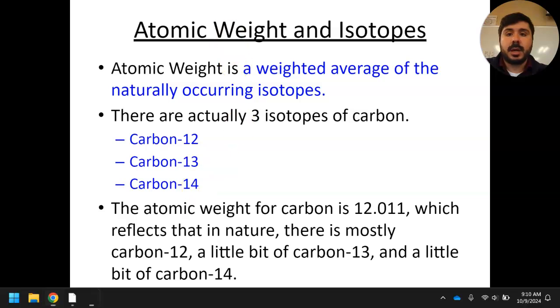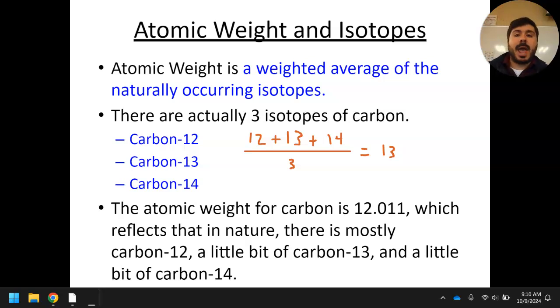12, 13, and 14, it looks something like this. You would take 12 plus 13 plus 14, and you would divide it by the numbers that you have. I've got 1, 2, 3 numbers, so divided by 3, and this would end up equaling 13. So the average of carbon-12, carbon-13, and carbon-14, with mass numbers of 12, 13, and 14, would of course be 13,